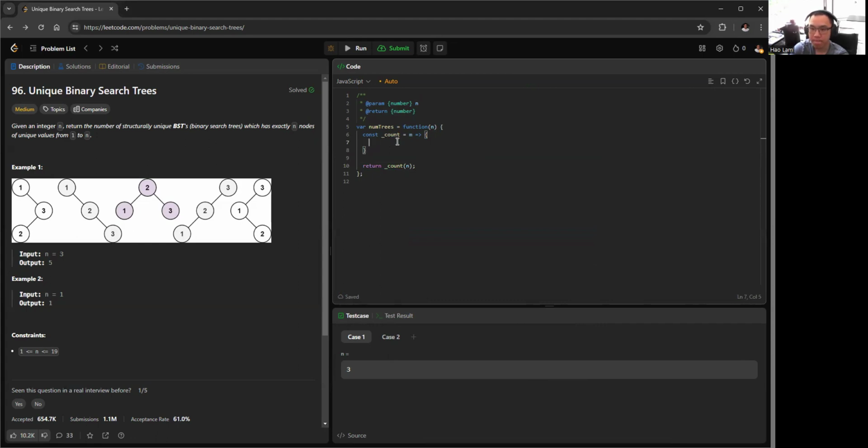Okay, so if m is less than 2, we can just return 1 because we only have one combination if we have an empty tree or a tree which is one node. Otherwise we're going to count. So for i, we have to start from 1, from 1 to m, i plus plus, and then count plus equal to count of